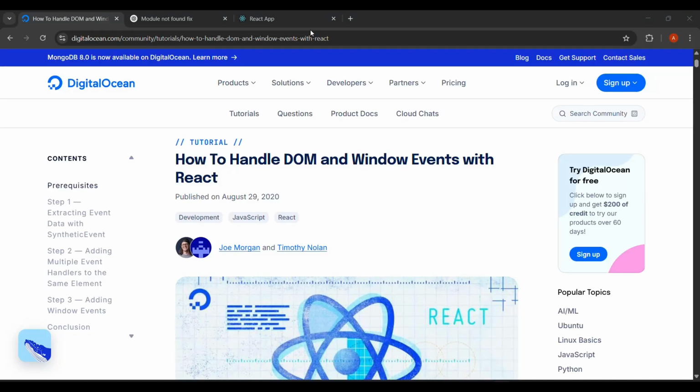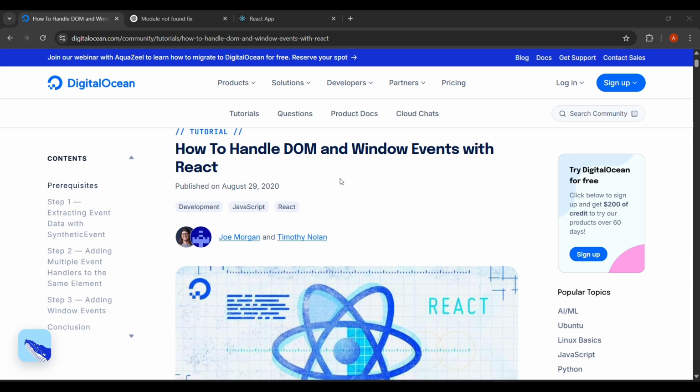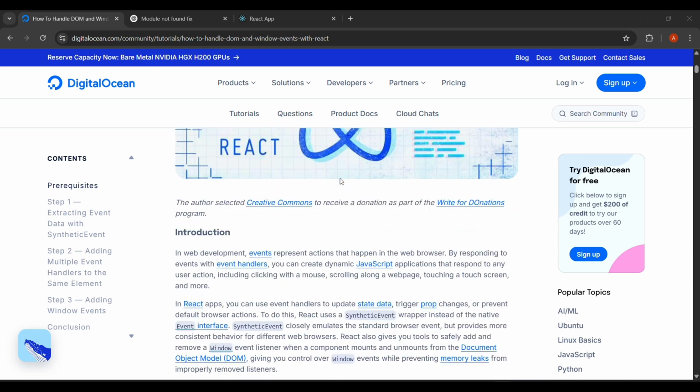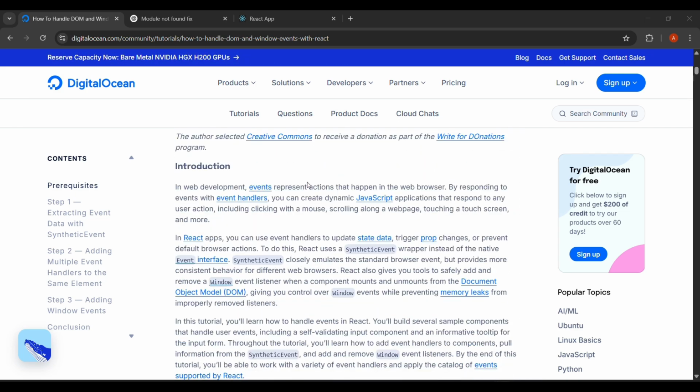Hello everyone. In this tutorial, we will see how to handle DOM and window events with React. Introduction. In web development, events are things that happen in the web browser. By responding to events with event